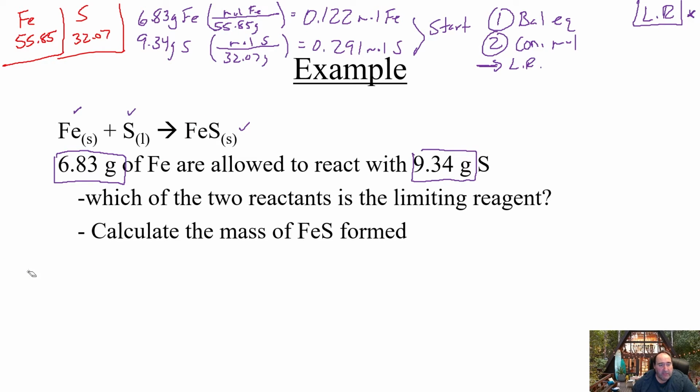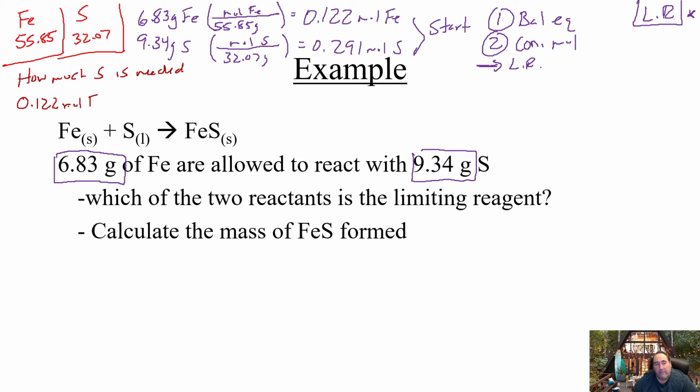So I'm going to erase some of my check marks here. There we go. So what I'm going to do is pick the iron. What I want to figure out is how much sulfur is needed basically to use up all of my iron. So I'm going to start with my starting amount of iron,